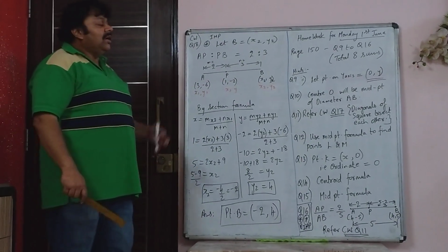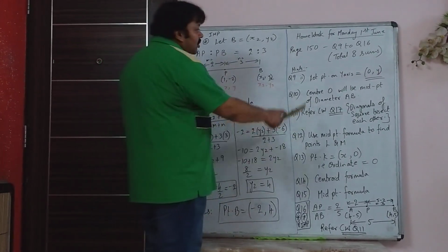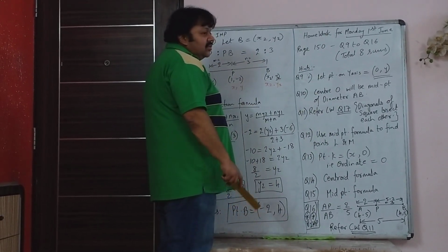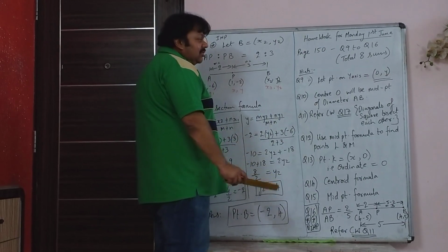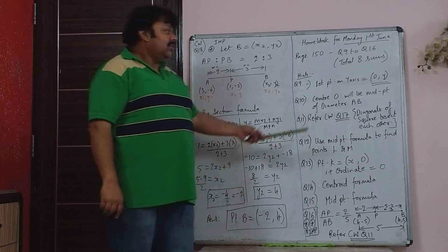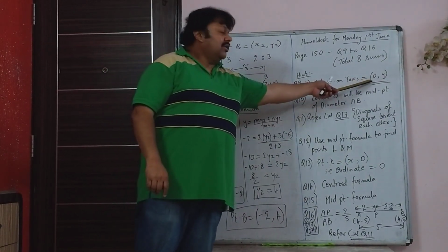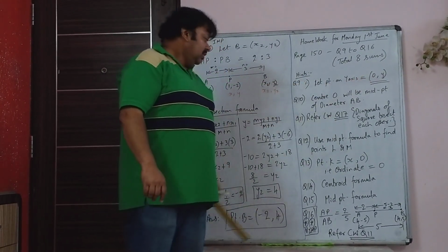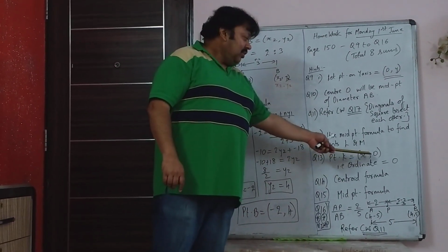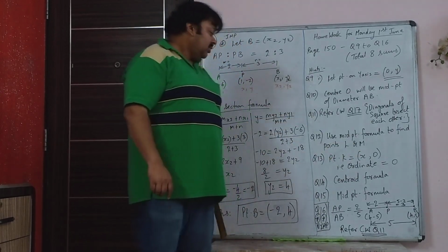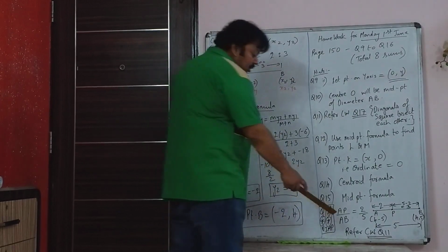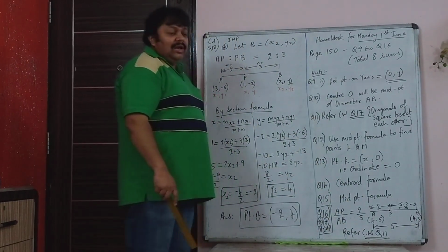Now your homework for Monday, that is next Monday, 1st June. So page 150, you have got 8 sums, question 9 to question 16. I've seen all of them are very simple. I've written hints on what you can use. For example, you know by now that if a point is on the y-axis, the x-coordinate or abscissa is 0. If a point is on the x-axis, then the y-coordinate or ordinate is 0. That you know. The last sum, the 16th sum of the homework, you refer to classwork question 11.